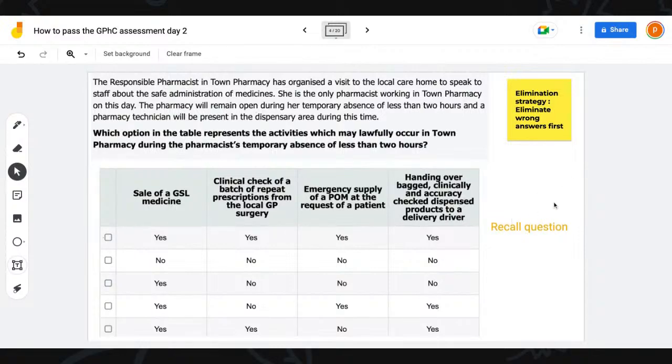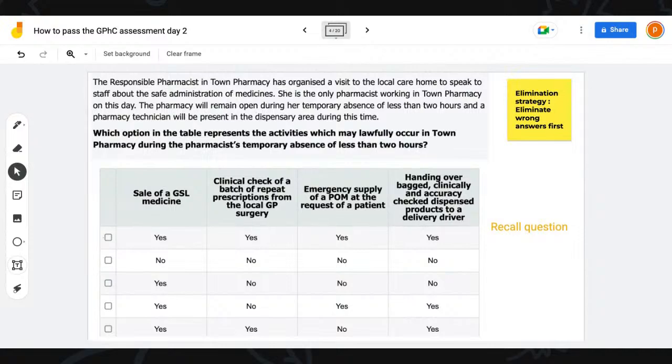But today, this is a recall question. So I'm going to show you guys how to answer this type of question, and I'm going to make it so easy for you. We use a process with this type of question called the elimination strategy, okay? We're going to use a strategy called elimination strategy for recall questions. I showed this in my private sessions to many trainees, and there are many trainees that get questions correct in the exam, even without knowing the topic, simply by applying elimination strategy. Okay, so the first strategy we're going to use for this recall question is elimination.